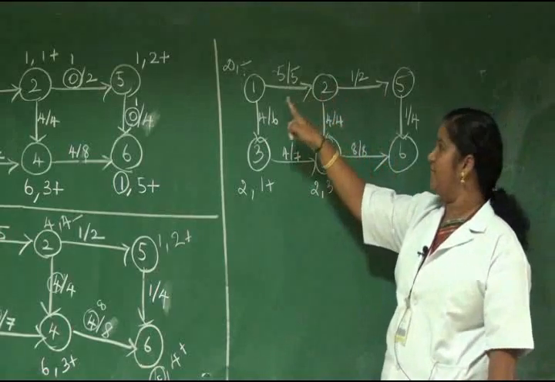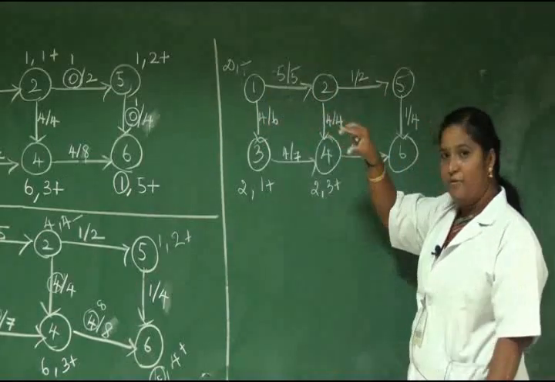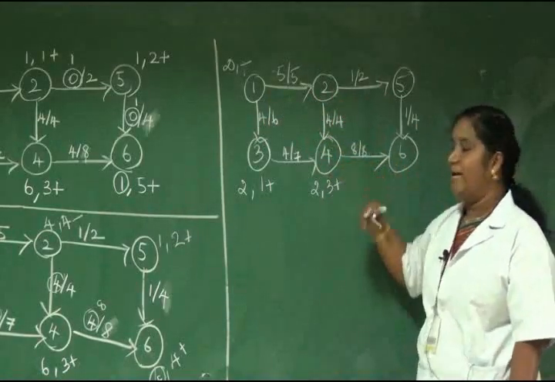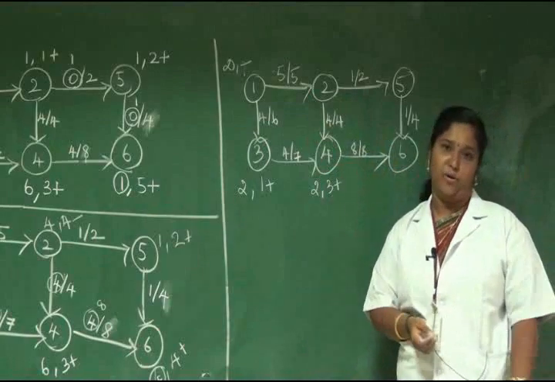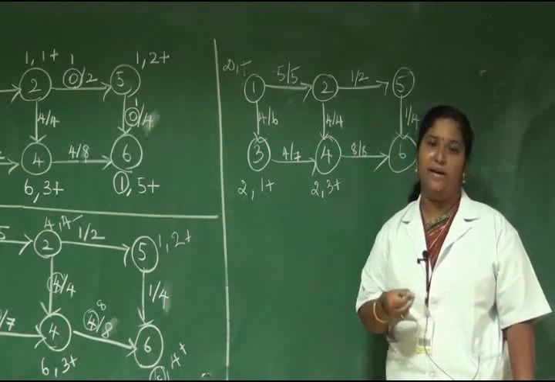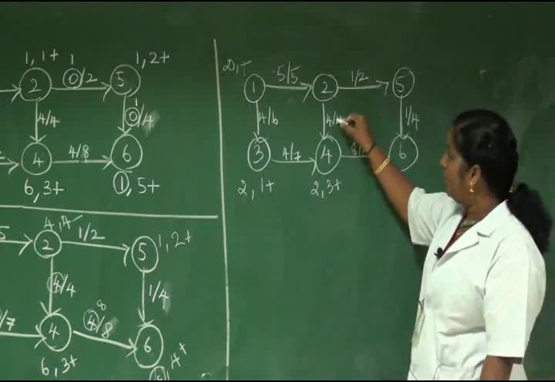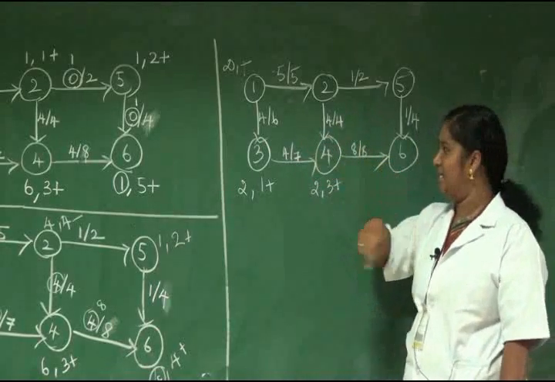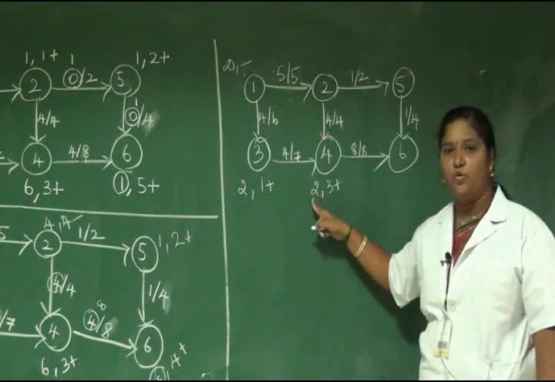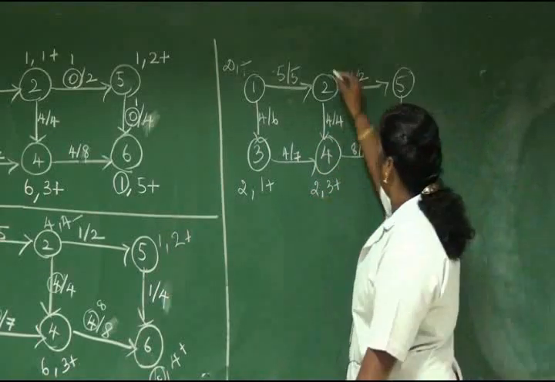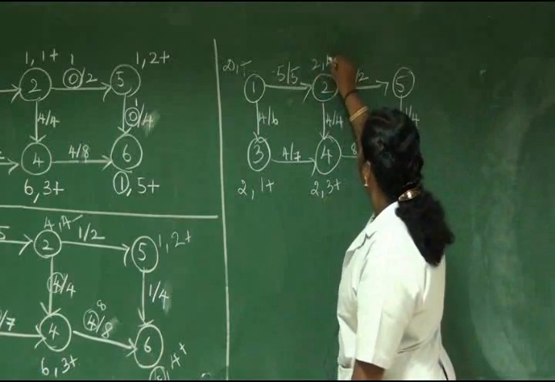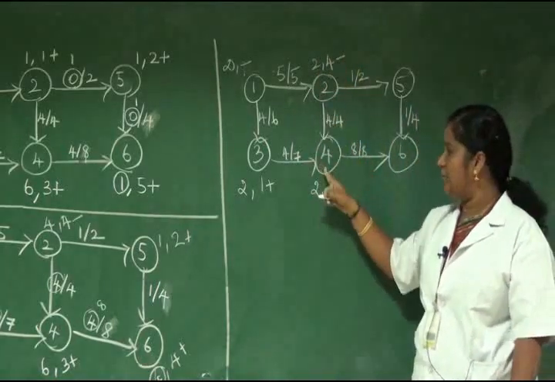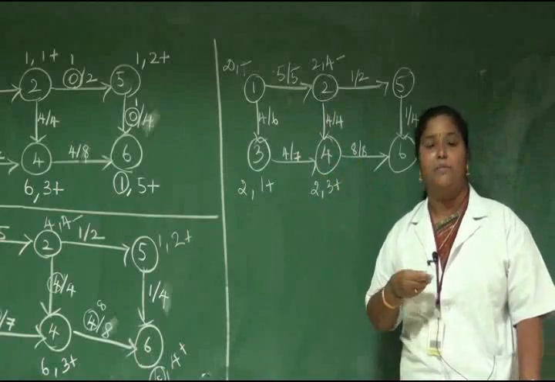So 2 cannot be labeled from vertex 1 by a forward edge. So check whether you can reach vertex 2 from 4 by a backward edge. So to use a backward edge, the condition is xji should be greater than 0. Xji value here is 4. 4 is greater than 0. So you can use that path. So minimum between 4 and 2 is 2. So you have to write 2, 4 minus. Here minus indicates that this vertex 2 is reached from vertex 4 by means of a backward edge,